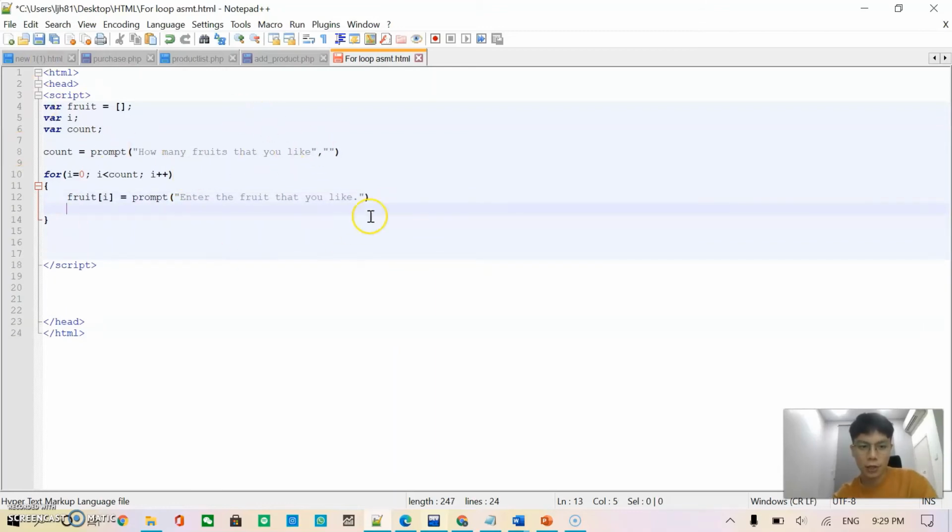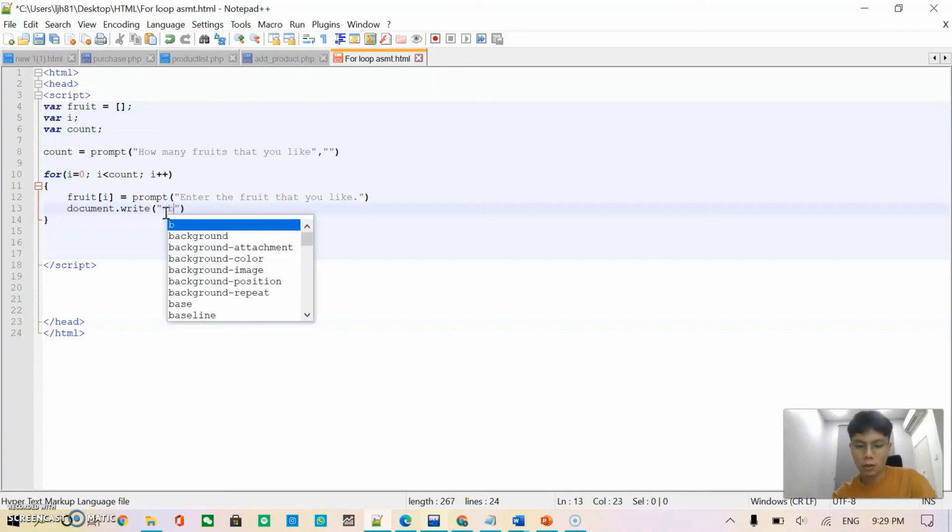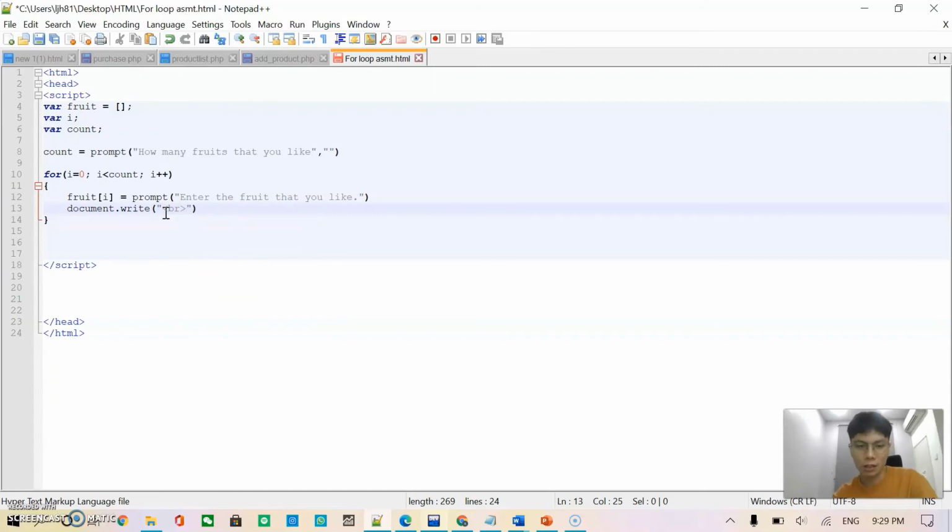And then after the user inputs the fruit that he or she likes, we can document.write, output the result. Document.write. We'll put br. br means it will break the line when the output is done, when the loop is done. Alright, it will break. "Fruit number 1, number 2, number 3, number"